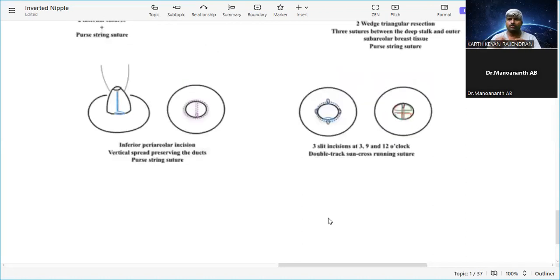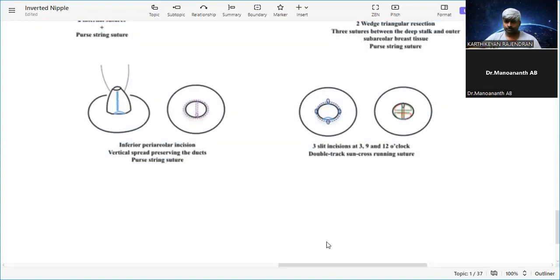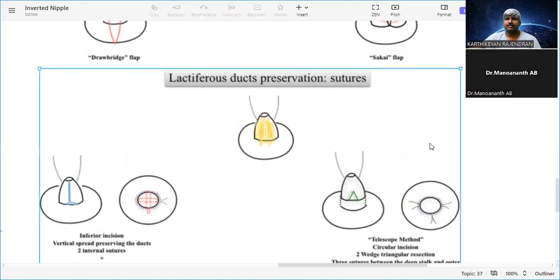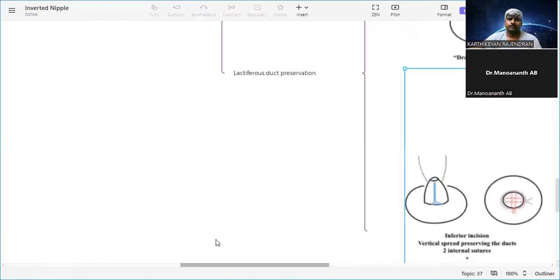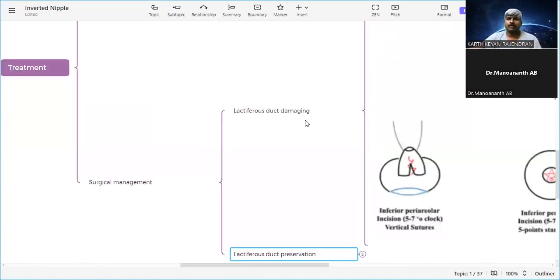You suture it mildly, so that the blood supply of the area is preserved. That is very important in this. So this is about the surgical management of the